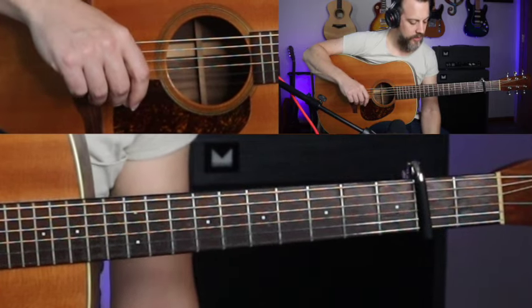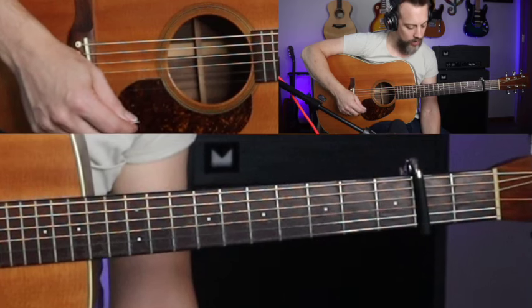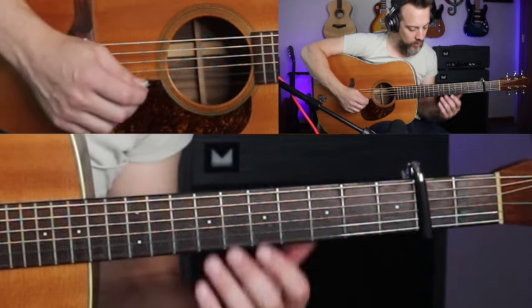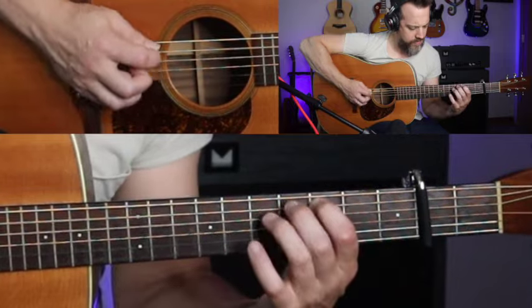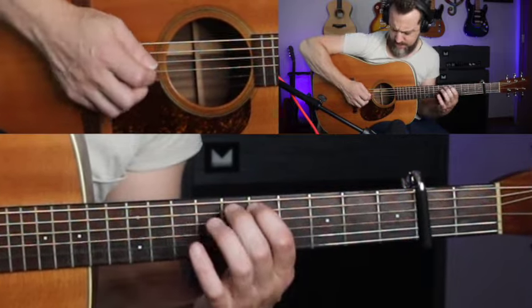Come up to the next phrase of this tune, which is really cool. I haven't really heard a lot of bluegrass players play ideas like this, but I think it's cool, and it goes like this. Okay, so again,